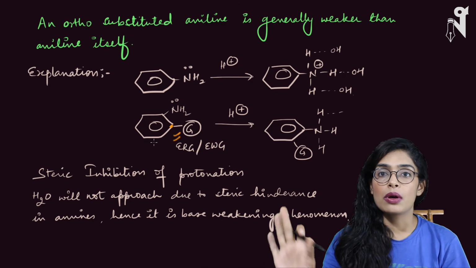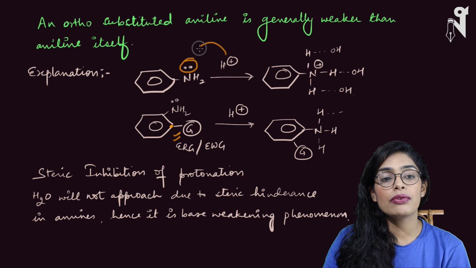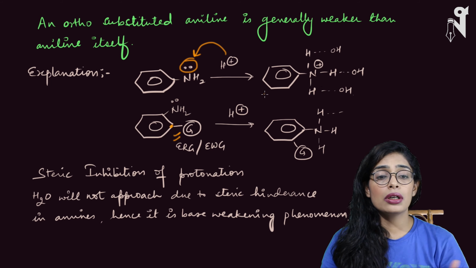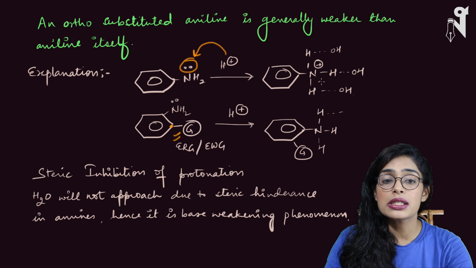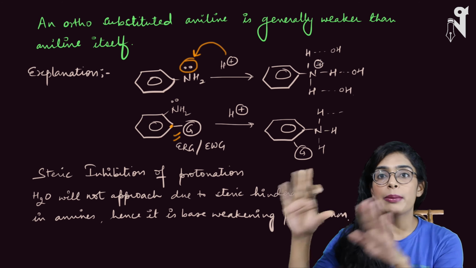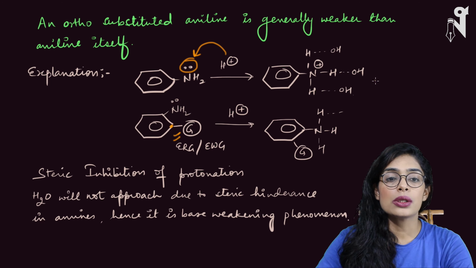So, a very, very simple concept. Normal aniline has the pair of electrons, H plus will come, H plus is coming from water. So basically it will form NH3 plus, and then this NH3 plus will stabilize itself in the water by forming hydrogen bonds with the water molecules. So this is how the species will look.